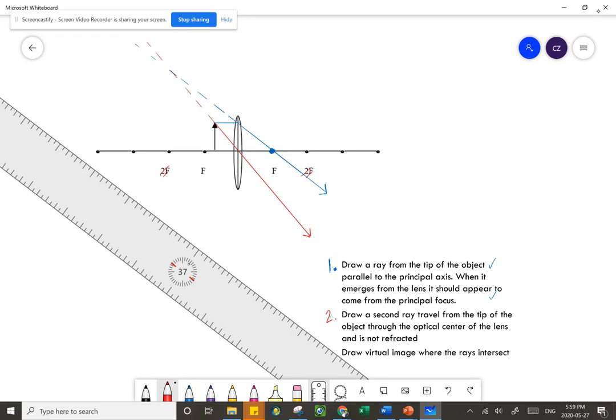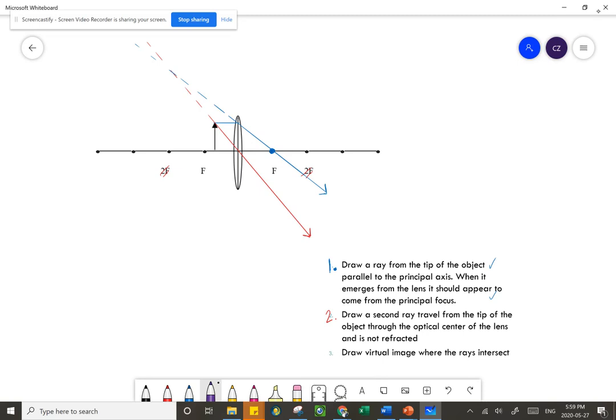So we have our two rays. One ray of light that went parallel to the principal axis, went until the axis of symmetry and refracted through the focal point. And then our second ray of light that went right through the optical center. So really no different than what we did yesterday. The steps are just in a different order. Now, 3, we're going to draw our virtual image where those rays intersect. Well, we can see these two rays of light don't intersect. Where we actually see the intersection is right here. Okay, so that's going to be the top of our arrow,